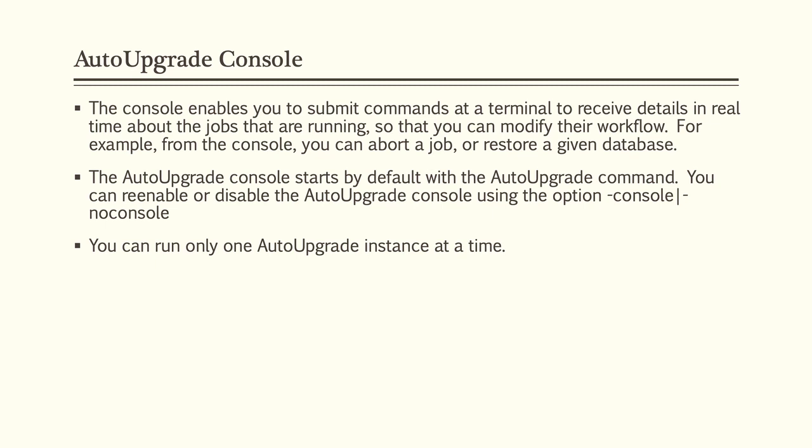Remember, whenever you launch auto upgrade, by default the console launches automatically. So it will come on to its own command prompt. The command prompt will look with the keyword as UPG. That means an upgrade is going on and you are on the console command prompt, not on the operating system command prompt. And then the console has its own set of supported commands, and you can type those commands to either come out of the command prompt, to abort a running job, or to see the status of the job, or if a job has been aborted, you can resume it. All sorts of those commands can be typed onto the console while it is running.